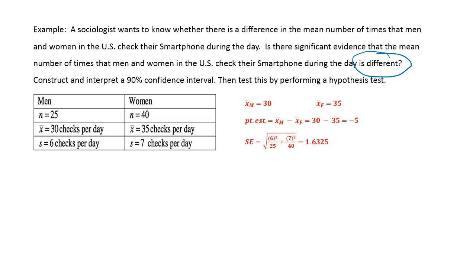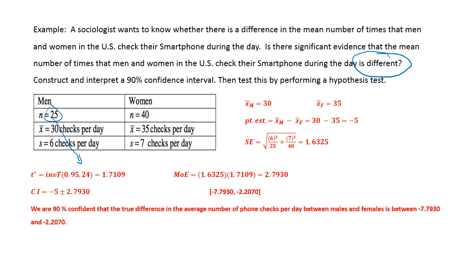We said -0.5. There's our standard error formula, and our t, because we're doing a 90% confidence interval, would be 0.95. The smaller sample size is n equals 25, which leads to that number in this formula. And then that gives us a margin of error of 2.793. And our confidence interval is -7.7930 and